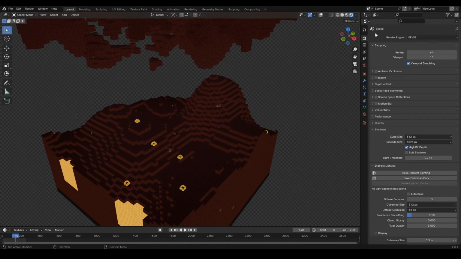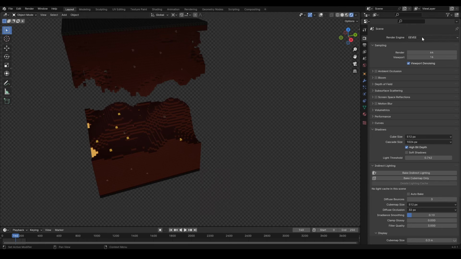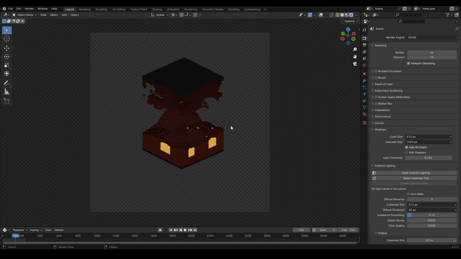So it depends on what you're doing with it. If you're trying to get some cool looking renders, then I definitely recommend Cycles. But if you're just messing around with the world settings, Eevee's probably the way to go, because you have real-time rendering. The default camera,